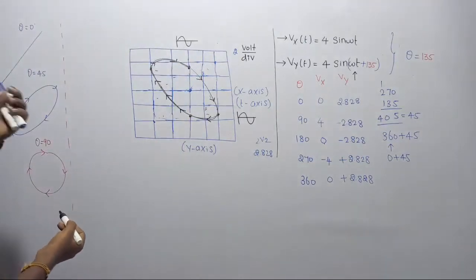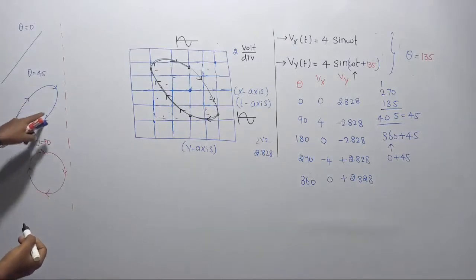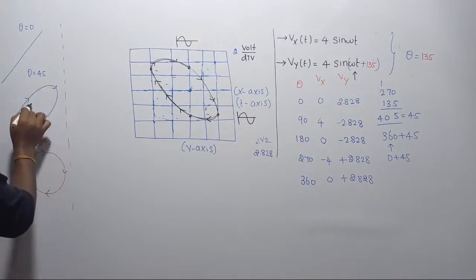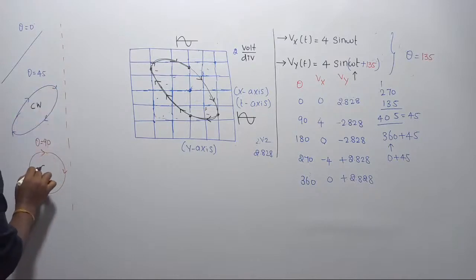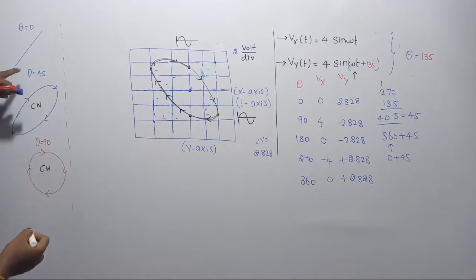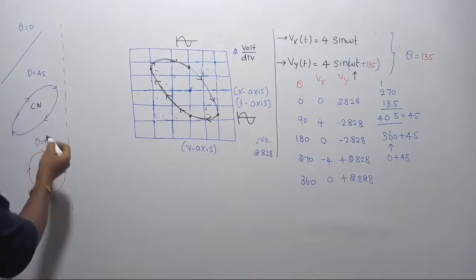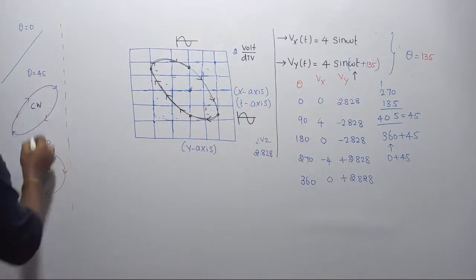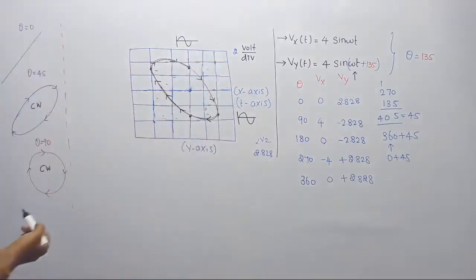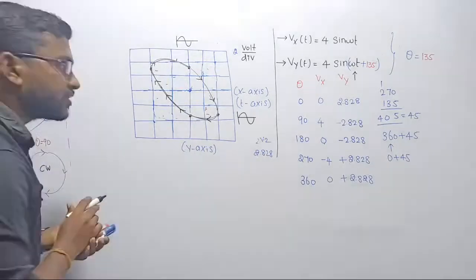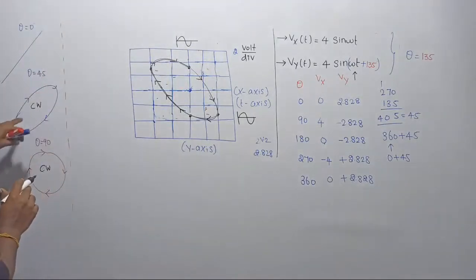Sir, the thing is you have to observe. First I was getting an ellipse at theta equal to 45 degree, but this ellipse had been rotated in the clockwise direction, there is no doubt. This is also clockwise and a circle. At theta equal to 45 degree, I started making a rotation with the major portion revolved in the first quadrant and the third quadrant. This is first quadrant, this is third quadrant. The major portion of the ellipse is revolved in the first and third quadrant at theta equal to 45 degree.